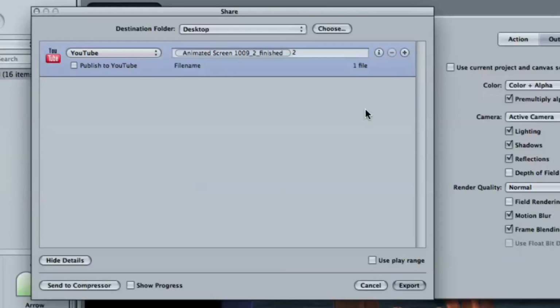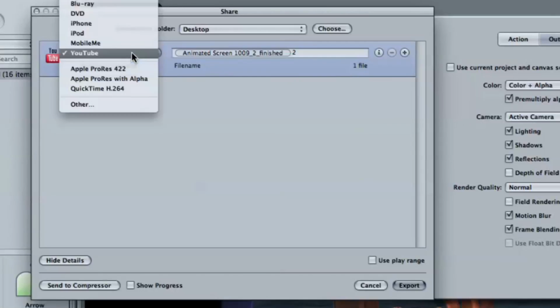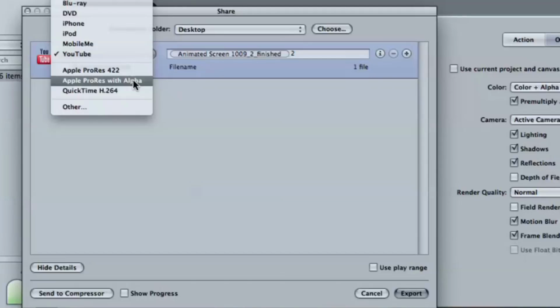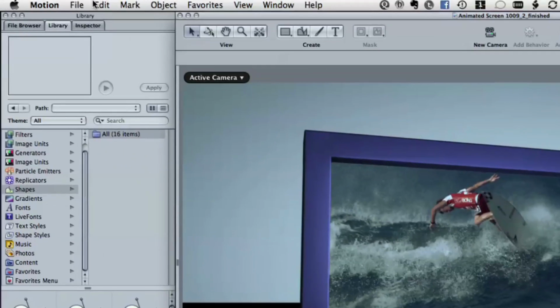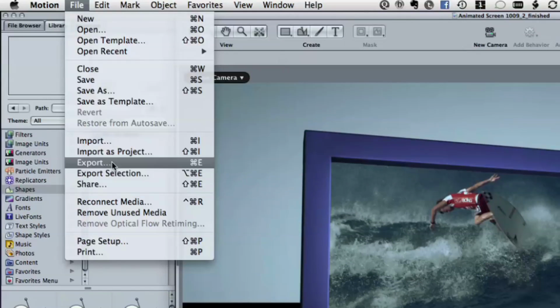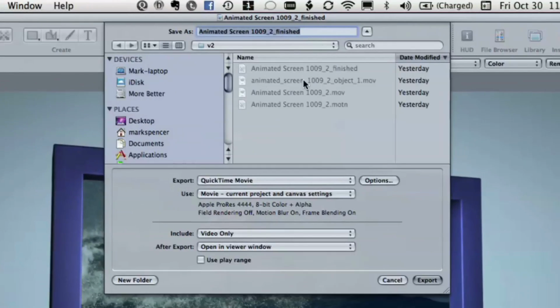So my second question is, if you go under the menu here, I have the ProRes, and obviously ProRes with alpha is AKA the 4x4. That's also the default export setting. So is there any difference or advantage of exporting out a ProRes 4x4 from share versus doing file export? The only advantage that I see and that I do is I'll go under File, Export, I just hit Command E. There's also a keyboard shortcut for the share menu. But when you go to export,